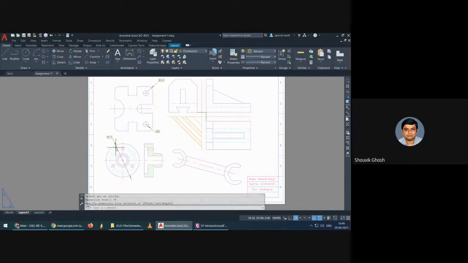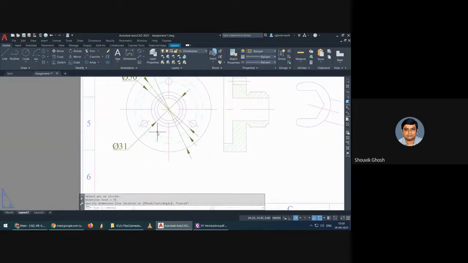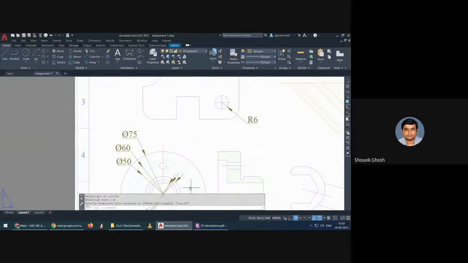So specifying the values one after another.